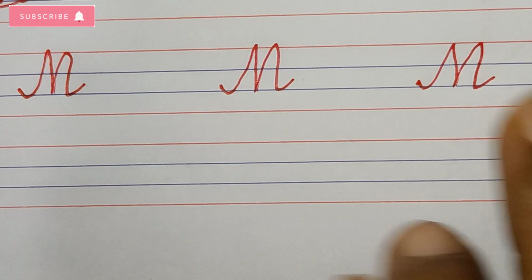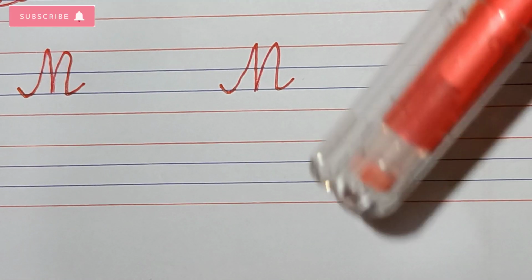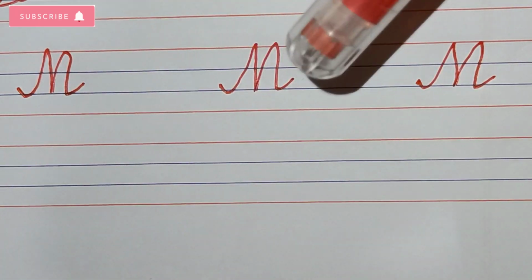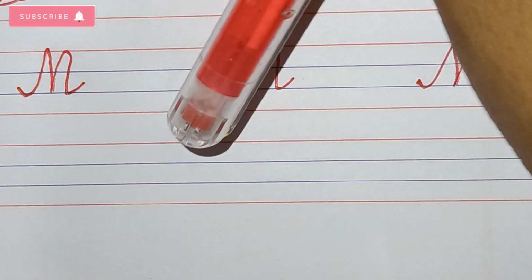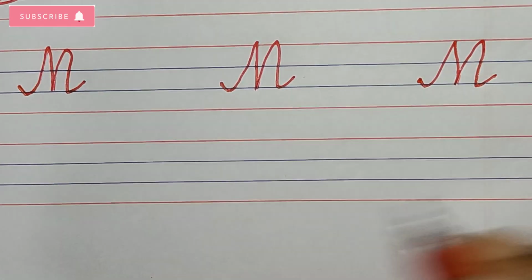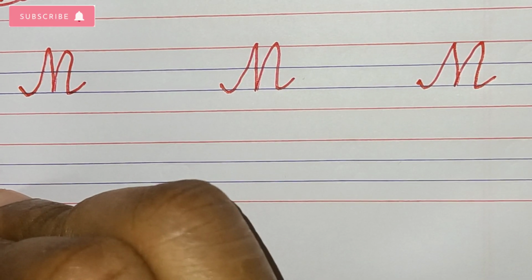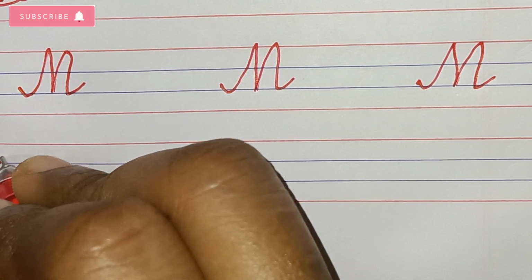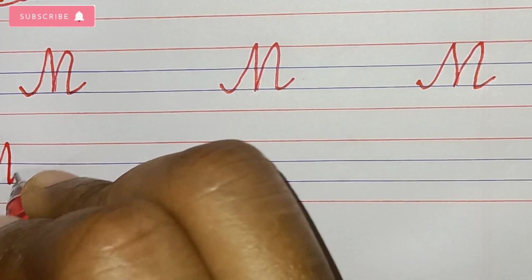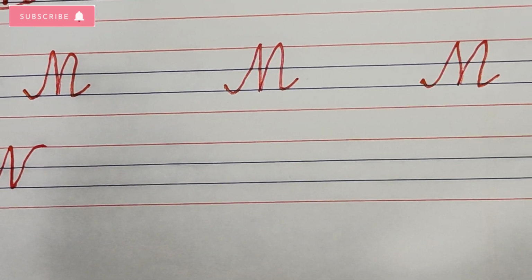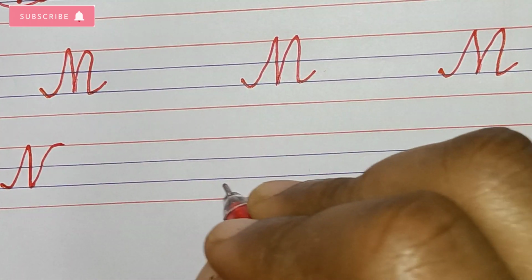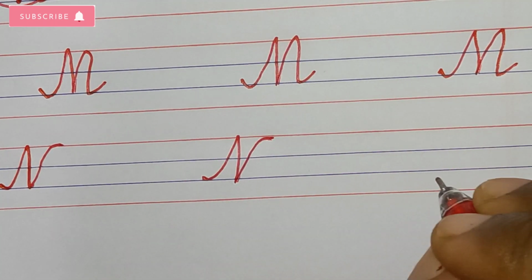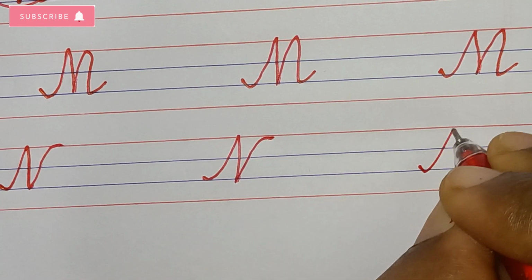Okay, so after that, there is one more and last letter in this group, that name is N. So N is quite similar to M, not exactly similar. So let's see how can we write N. So we'll start from third line like M. We'll go to the first line, come and again go. Okay, let's see. This is N. So you have to do practice of N many times.